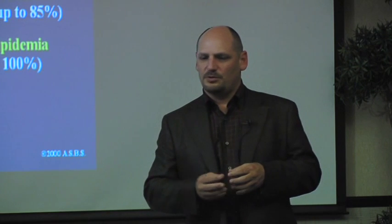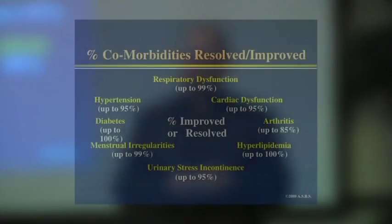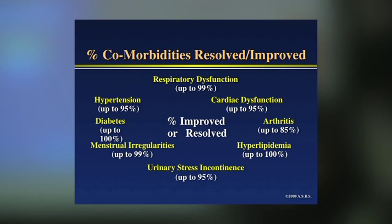The results you see here are also from Dr. Pori's work, and it shows for diabetes that up to 100% of patients are improved or resolved. I can tell you that if you look at resolve,